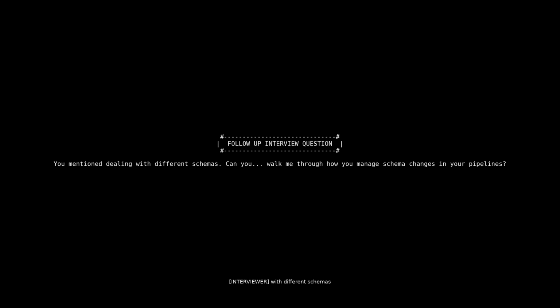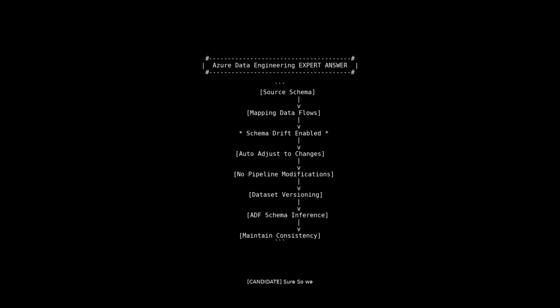You mentioned dealing with different schemas. Can you walk me through how you manage schema changes in your pipelines? Sure. So, we handle schema changes by using schema drift capabilities in mapping data flows. This allows us to automatically adjust to changes in source schema without having to modify the pipeline. We also implement versioning in our data sets and leverage ADF's ability to infer schema dynamically, which helps in maintaining